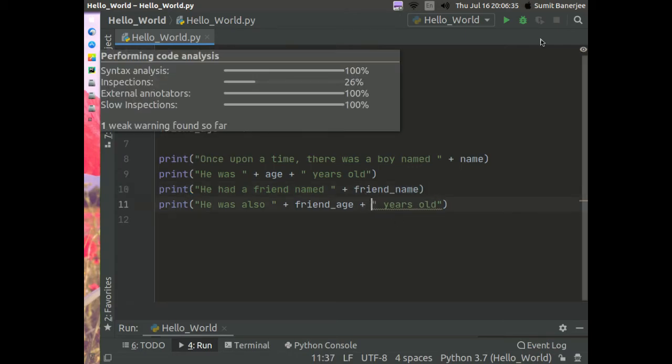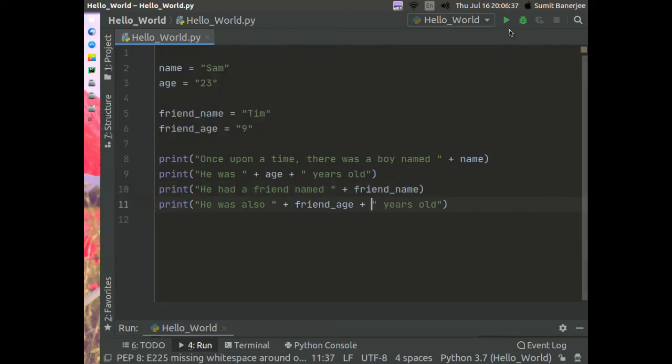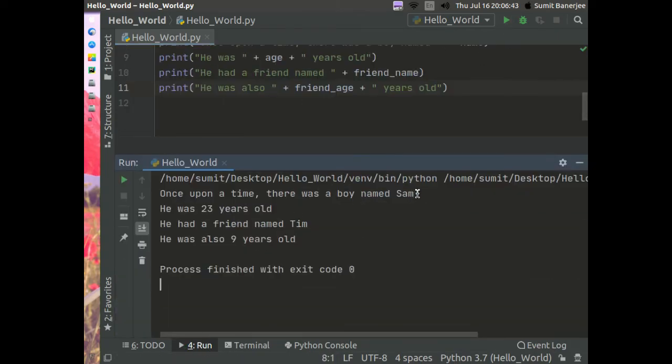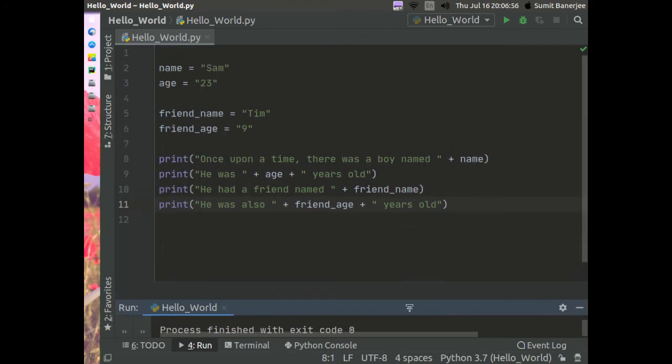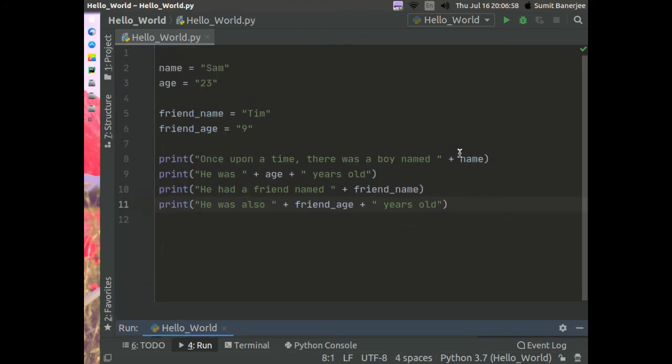So now when we run this, you can see that nothing changes. It is still saying Tim 23 years old, Sam 23 years old, Tim 9 years old. So now if you want to change the name of the boy, you can just change it on the variable.